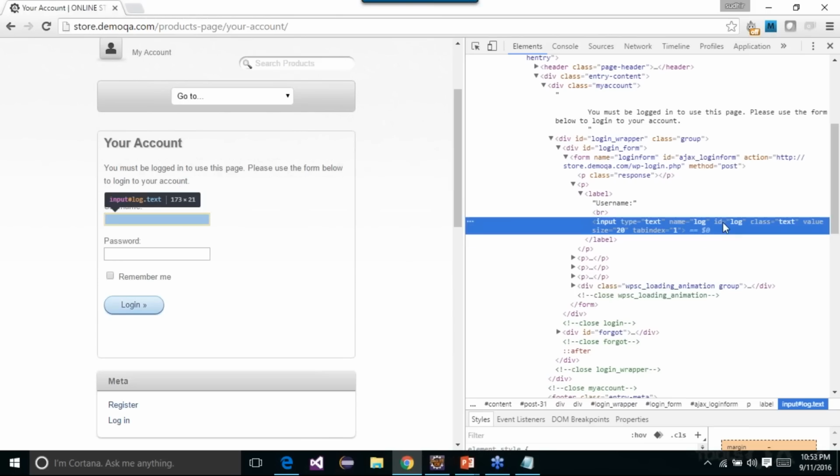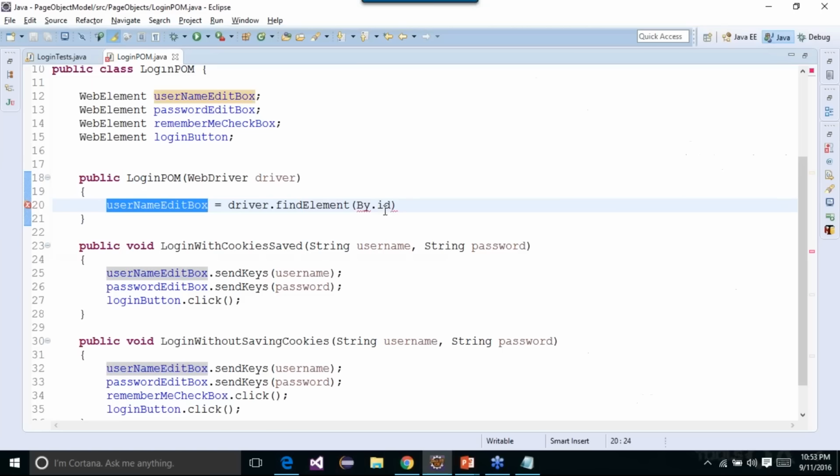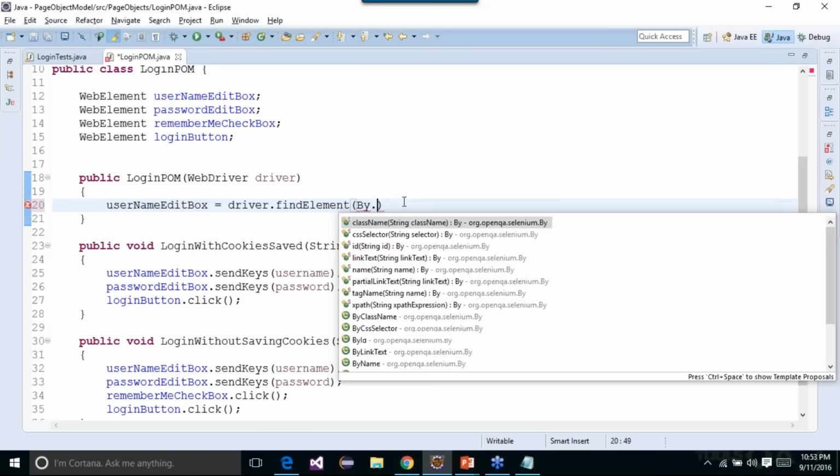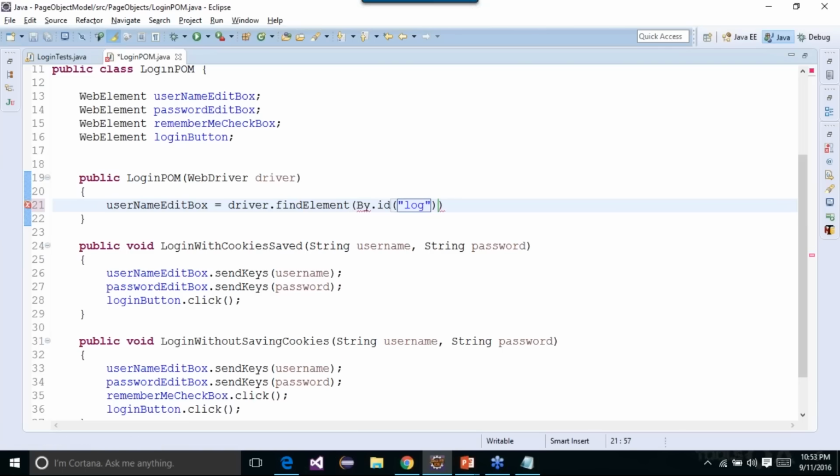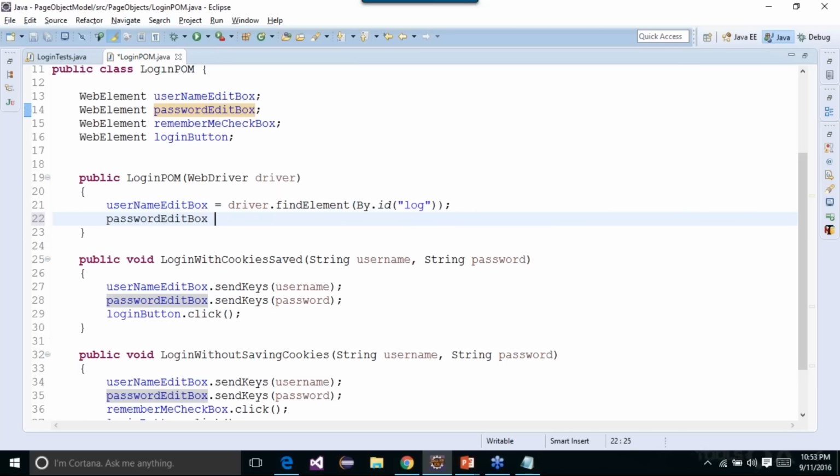So here you can see that this element has an ID of log, right? This is the ID. An ID is a unique identifier. So what I will do, I will just simply say, can you find me an element which has an ID equals to log. So I will repeat the step for the password,